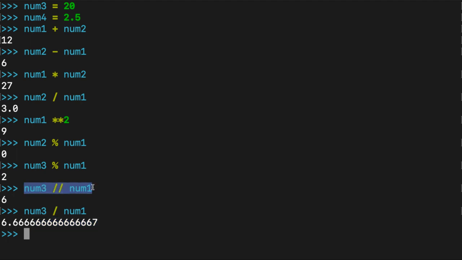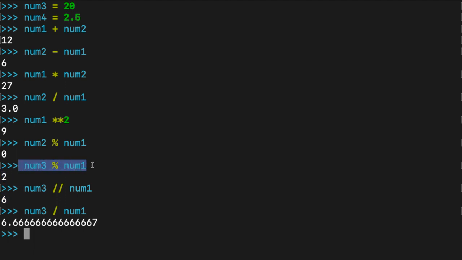Integer division of those same two values, floor division, ignores any remainder or any decimal value. It just tells me how many times my num1 divides into num3 evenly. And it divides in 6 times. 6 times 3 is 18. So in floor division or integer division, I get rid of the remainder. I don't worry about it. I'm only concerned with the number of whole times that my division occurs, which gives us a clue as to